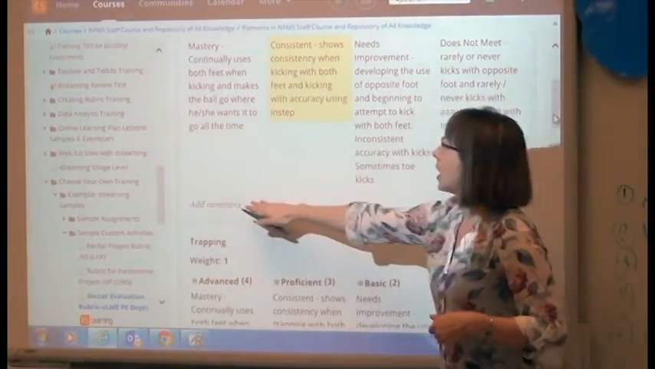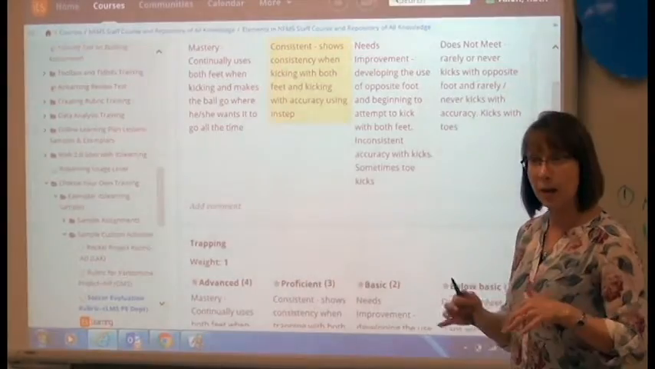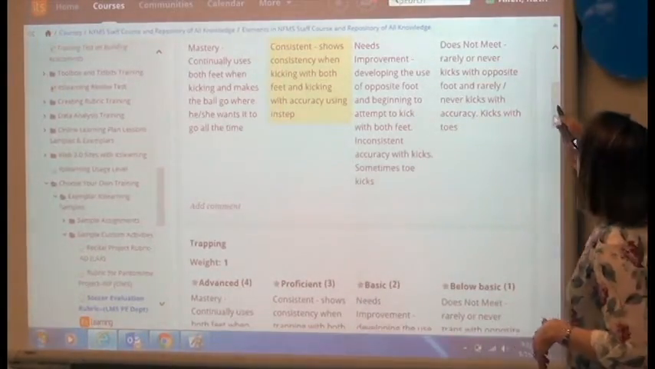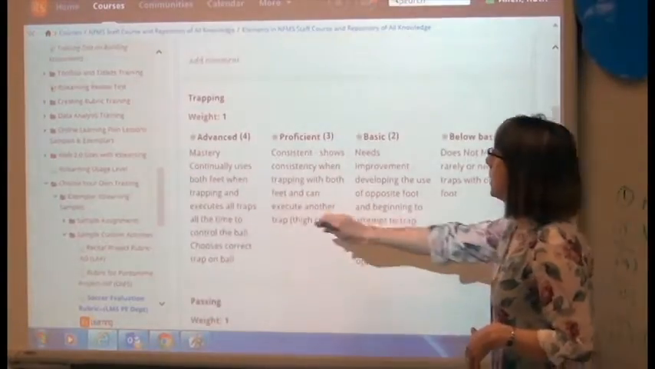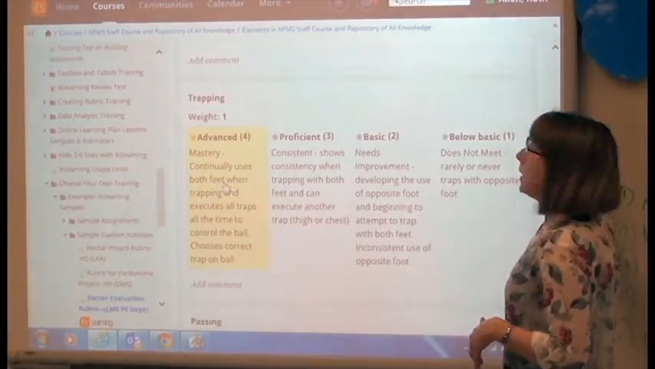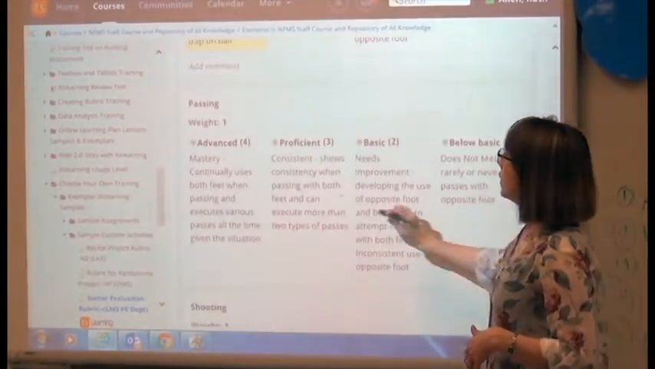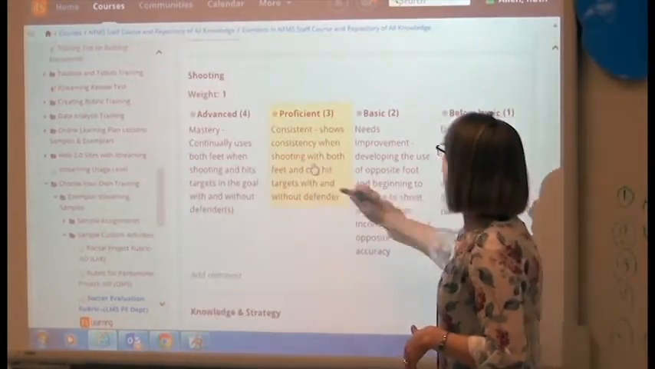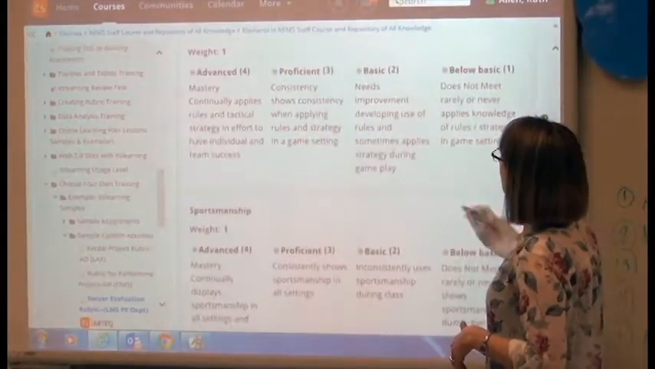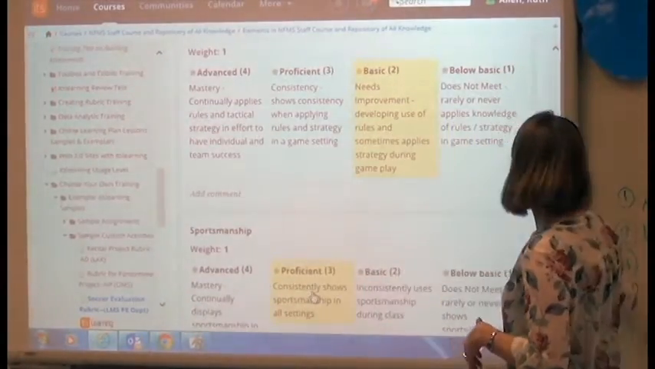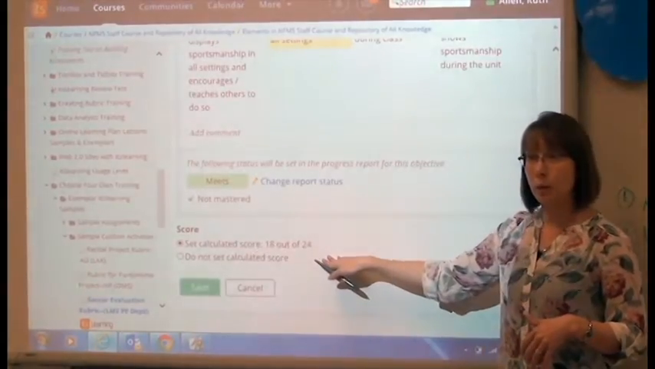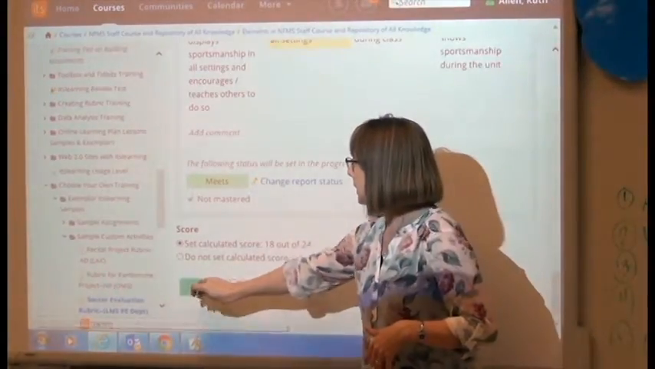It's going to give me an area that I can comment, give feedback, say, you're doing great in this aspect, might need to improve in this one. Then I'm going to go down, how's she doing on trapping? And just continue clicking in each of the areas that I'm evaluating. So I'm just going to finish this up here. And then notice down here, itslearning's going to total it for me. When I click save,